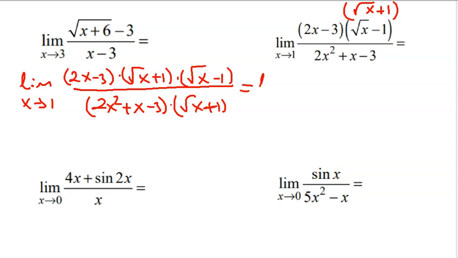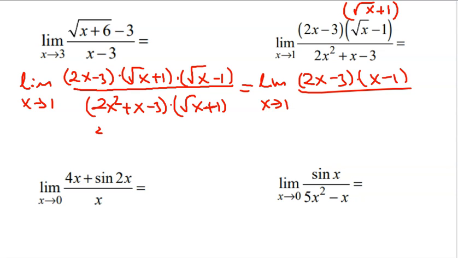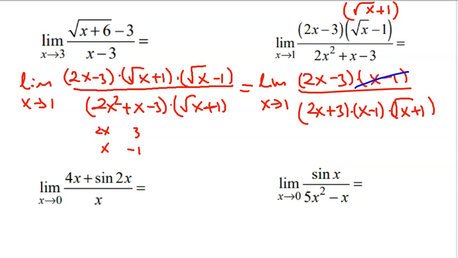So from there we get limit x approaches 1, 2x minus 3 times x minus 1 on top and over. So now we need to factor this expression. And that'll be just 2x and x, and this one will be 3, this one will be negative 1. So we get 2x plus 3 times x minus 1 times square root of x plus 1. And notice that we got these x minus 1s as common factor on top and on the bottom, so we